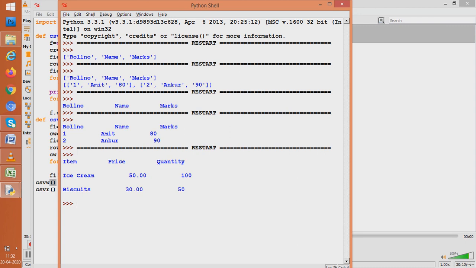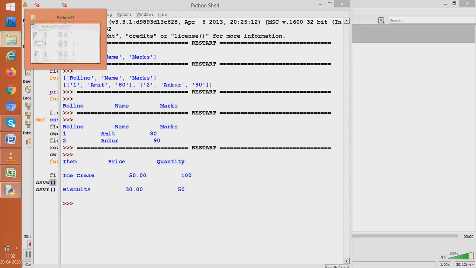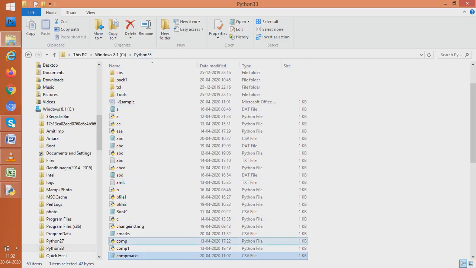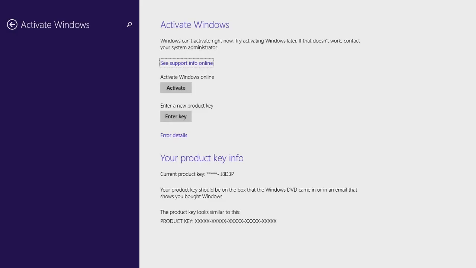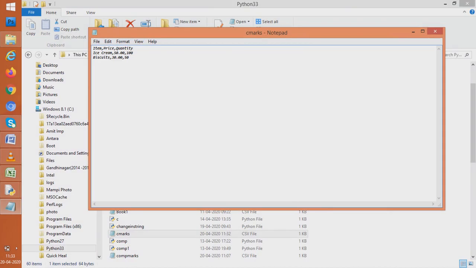Let us see whether it has been read or not. Let us see CMarks first. So we go to CMarks, we see whether it comes or not. CMarks, yes, it has come. See, CMarks has been created.